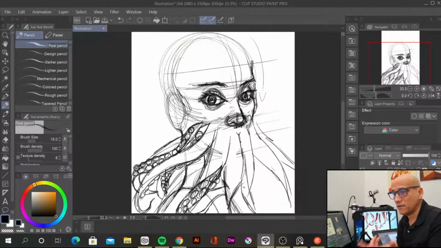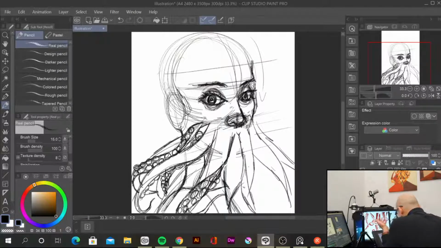Actually, in the wild, octopuses live in small caves that you can find in the coral reefs. That's the good thing about this: you have to know certain rules, because those rules will capacitate you to do things the way they are. So you can do this in order to achieve more realism or more credibility when you are doing this kind of art.